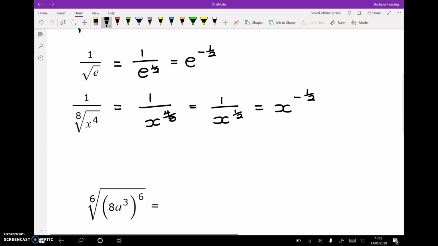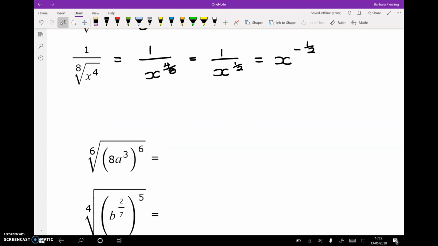Okay. We then have slightly more going on in the next few. So for the next one here, let's do what is underneath your root first off. So I'm going to leave that 6th root there. And then I'm going to deal with this bracket. Now, remembering brackets and indices, this is going to be 8 to the power of 6. You have to do your 8 to the power of 6 times by a to the power of, and if you remember your indices rules, if you've got a bracket, it's 3 times by 6. So bracket, you multiply your indices. So that equals your 6th root